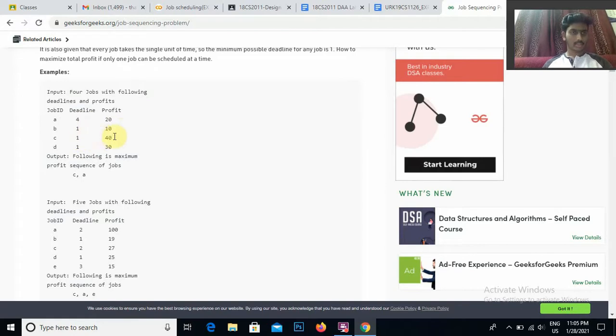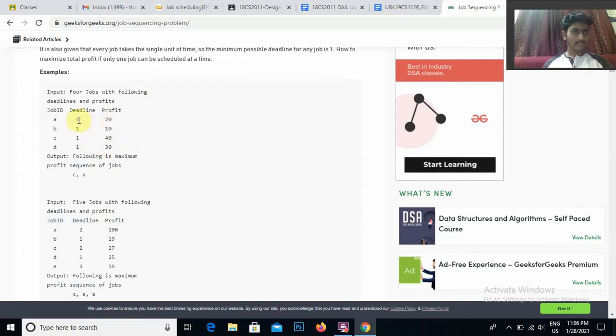So I'll allot 40, which is job ID C, with the deadline 1 and a profit 40, to slot 1. Then I have 30, which is also having a deadline of 1. Already I have assigned 40 to it, so I can't assign this one, so I must not do this job. Then go for the next one.